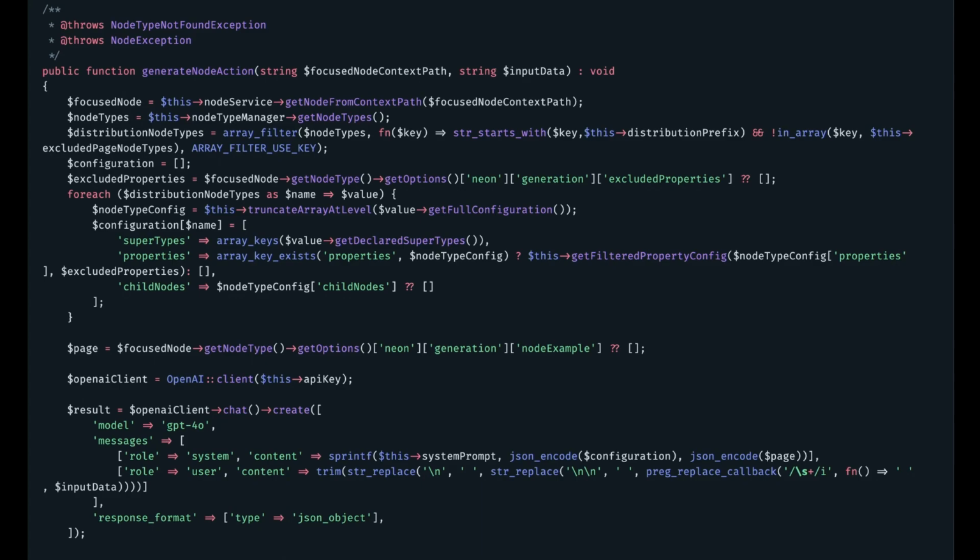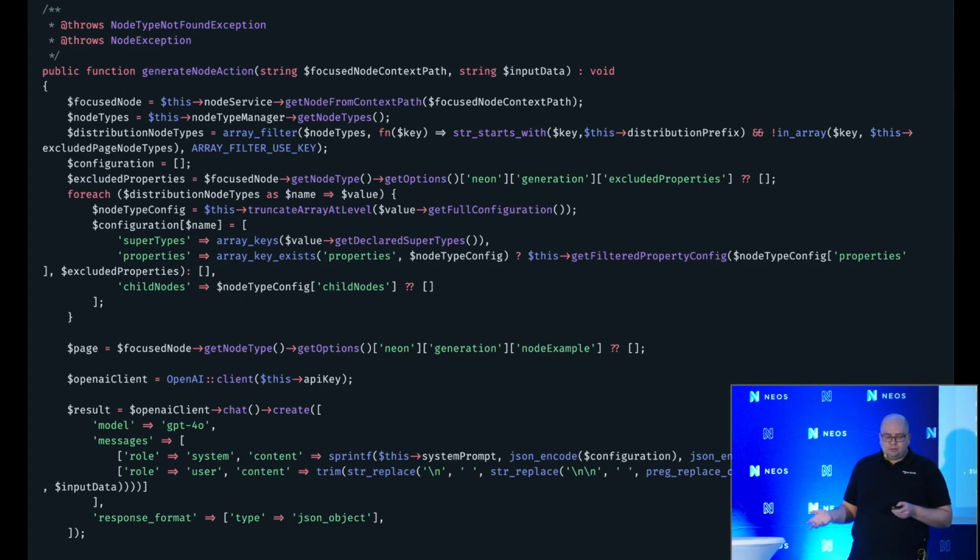which are configured via YAML and then used in this filter. And then I also needed to clean up the found properties a little bit. For example, I don't want SEO properties to be generated in the response. I only want properties like text for a text content element and nothing more. With all this filtered out, I built a structure which I then used in my prompt.